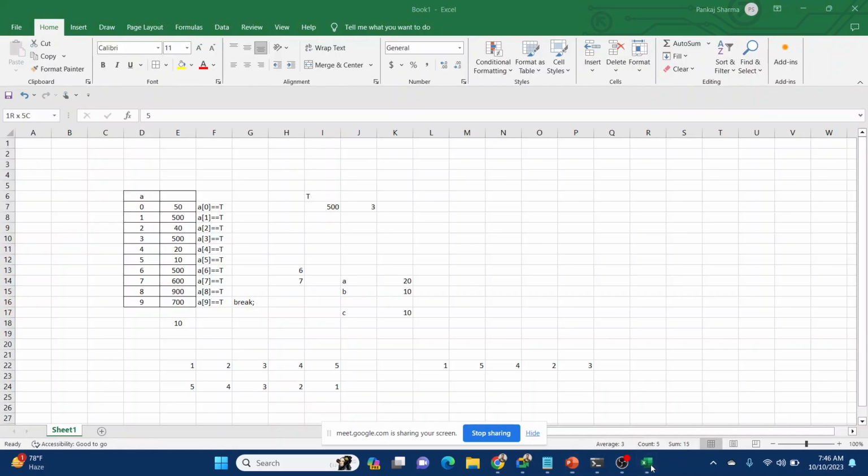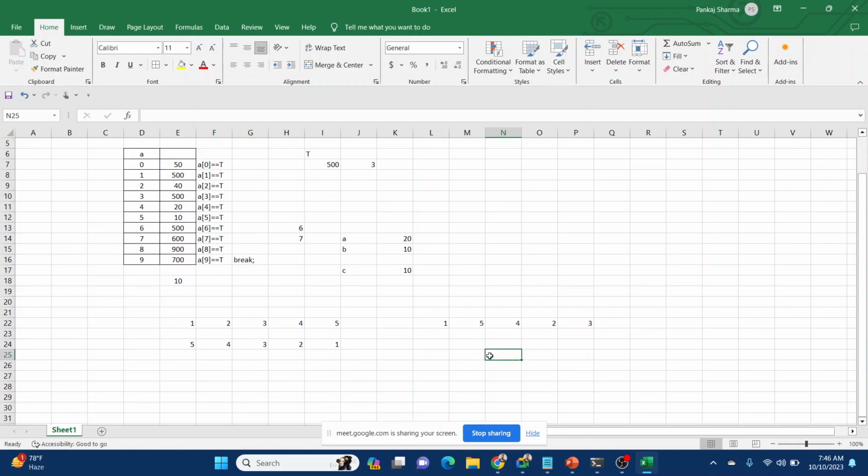In the same way, slowly and gradually it will do the rest. Like if we try to sort 1 5 4 2 3, what will happen? First 1 and 5 will be checked, so they will not replace each other. 1 and 5 will be there. Now 5 will be checked with 4, so it will replace 4. So 4 will come over here, 5 will go over here. Now 5 will be checked with 2, then 2 will come over here, 5 will go over here.